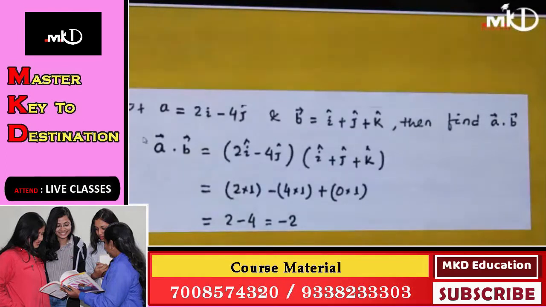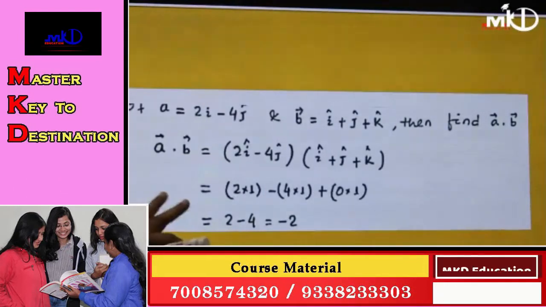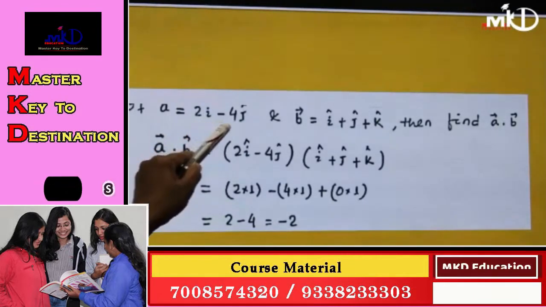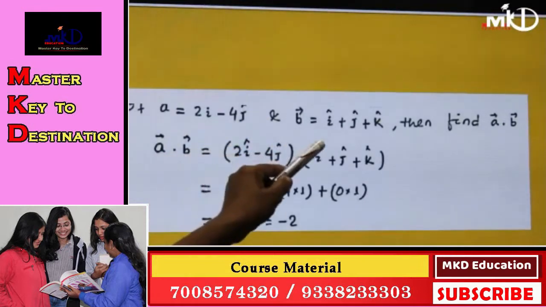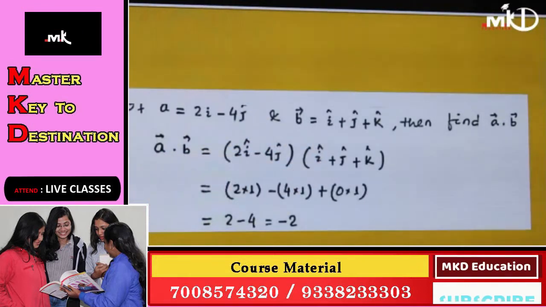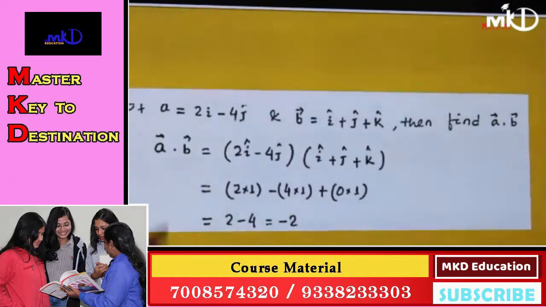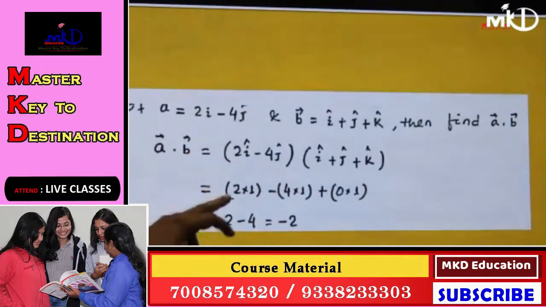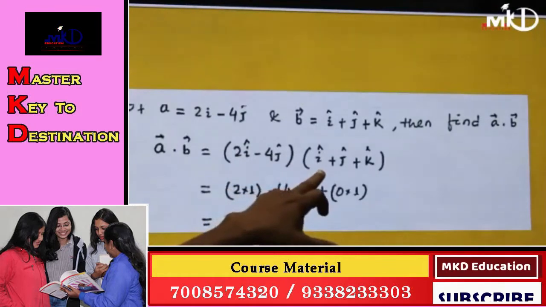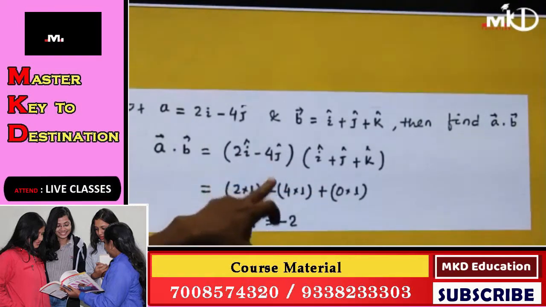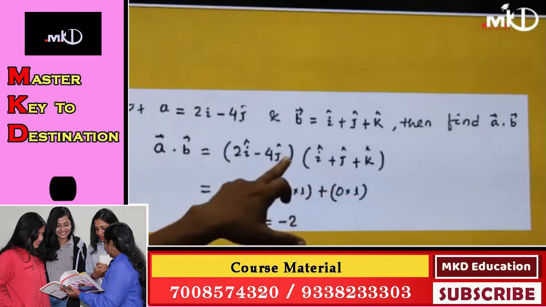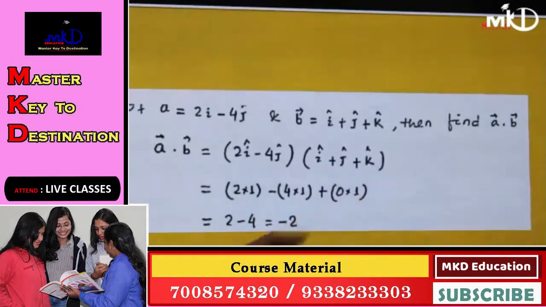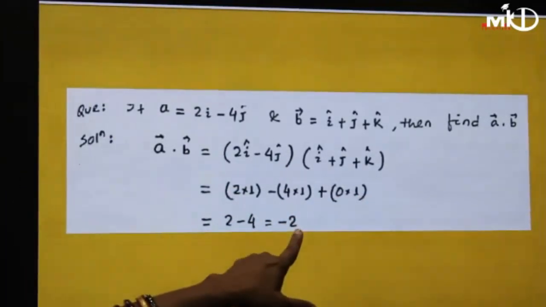Now you see it is a very simple question. I refer to this question to show how we find the scalar product. If A bar is equal to 2i cap minus 4j cap and B bar is equal to i cap plus j cap plus k cap, then what is A bar dot B bar? You already know it is A1 B1 plus A2 B2 plus A3 B3. So simply we find it is 2 into 1 plus minus 4 into 1, and here the k is absent, so the component is 0, and it is 0 into 1, so the dot product is equal to minus 2.